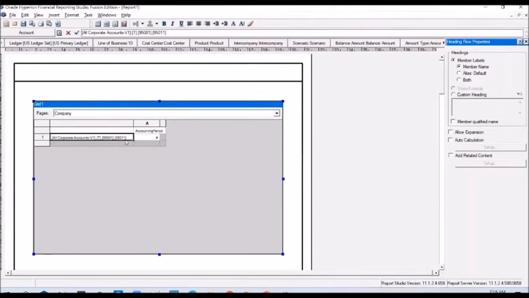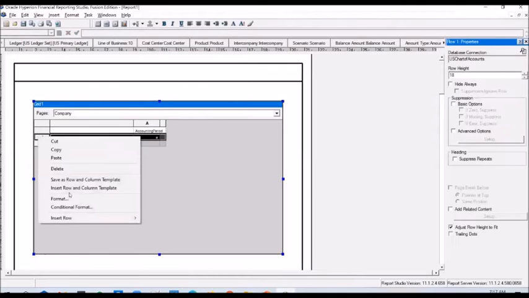But you might probably not want to display 95011 to the user because he might not know what that account is all about. So you might want to give a custom heading. So you click on custom heading and you can call it Revenue. So when you do it this way, yes, you might see 95011 in the report definition here, but when the report output is generated, it will use the custom heading and it will print the label as Revenue here. So we are trying to configure the rows required for our report first, and then we'll configure the periods.